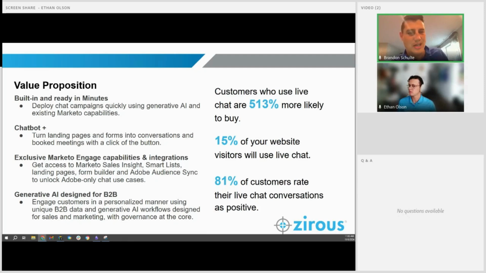Being able to use Dynamic Chat to maybe capture information that you need and get leads in a different, maybe more conversational way is hugely important and can provide a lot more inbound pipeline to your company. The other thing is that you really have exclusive Marketo engagement capabilities built in within the platform that Ethan will